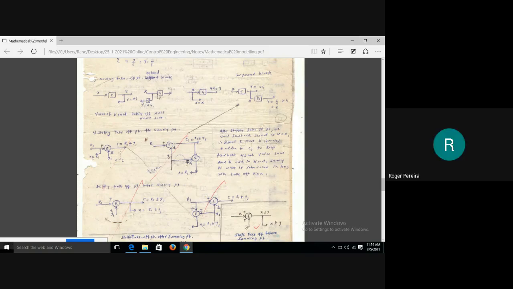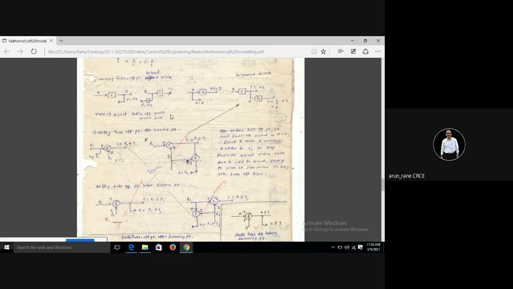I said so x is going here. This block is here. Okay, from here we are directly taking it out and there is one block. See earlier what was my output here? Y is equal to xg, isn't it? Yes, sir. Now in this case, what did we do now? The takeoff point we shifted here. And then if I want the same output, then I need to add a block here g. So I get y is equal to xg.